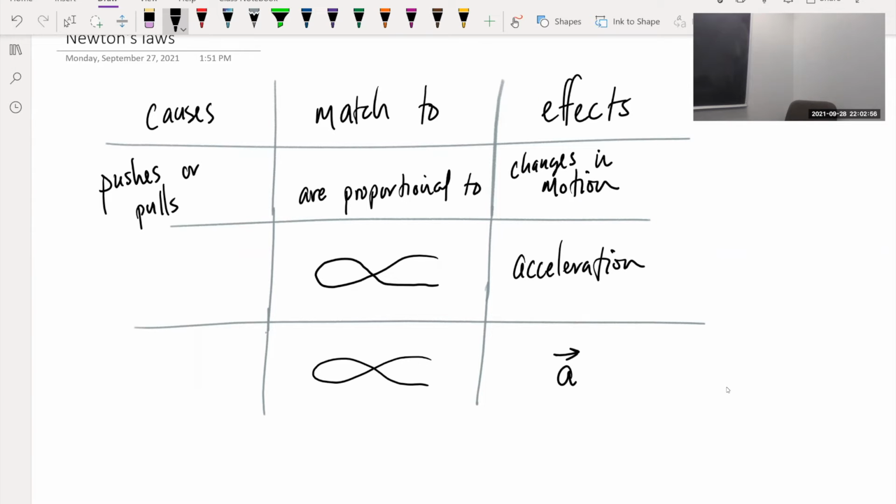Changes in motion. How do I know that something happened? Means something changed. If something changed about my motion, the equipment we have to talk about that is acceleration. There was some velocity, and something about it has changed. Either it's in a different direction now, or it's a different speed. In the motion. When we say a cause, well,